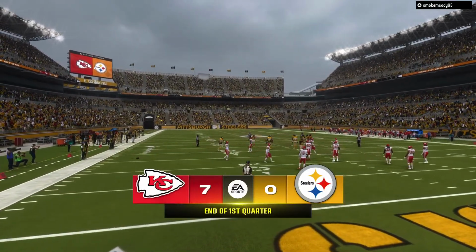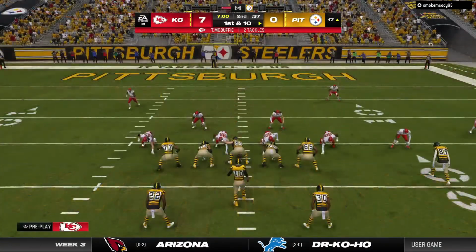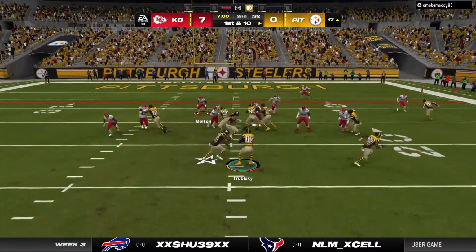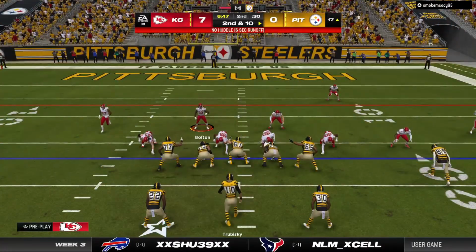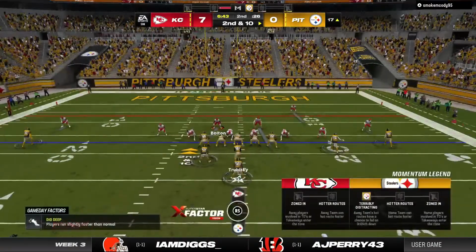Second quarter action from Pittsburgh. It is the Steelers in control of the football as they've got it with a 1st and 10. Trubisky now on the keeper. And he's going to be hemmed in and brought down right at the line of scrimmage. Brings up 2nd and 10